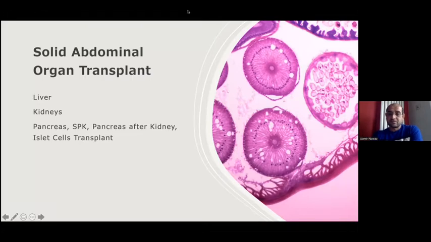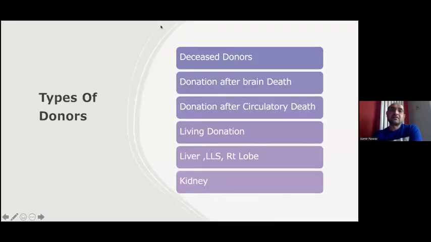So the main thing is, what are the types of donors? When we do the transplant, we have to have a pool of donors from which we can take the organ. We divide the donors into deceased donors, either donation after brain death, for example they have had a traumatic brain injury because of a road traffic accident and have dropped their GCS. They have been brought into hospital, but once they are in the hospital,